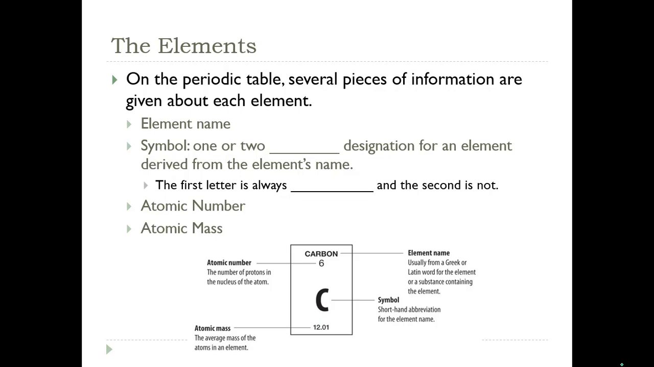So far, we've been talking about features of the periodic table and information that we can find on the periodic table. And so we have been discussing that on the periodic table, several pieces of information are given about each element. So, including the element name, the symbol, which is the one or two letter designation or abbreviation for an element,